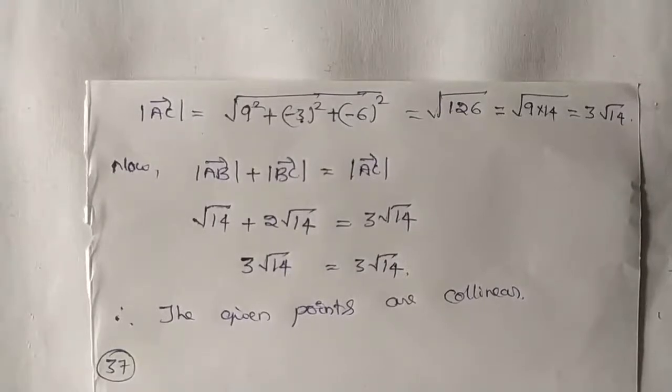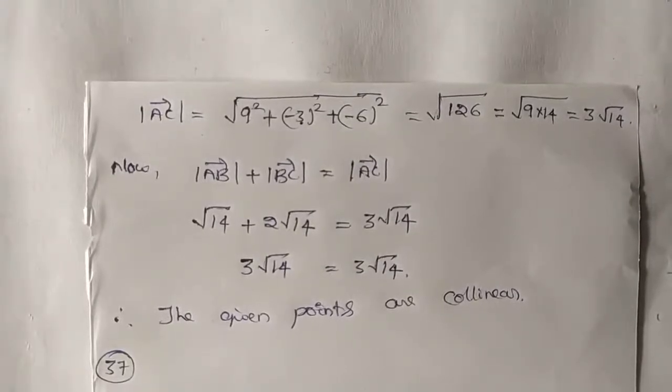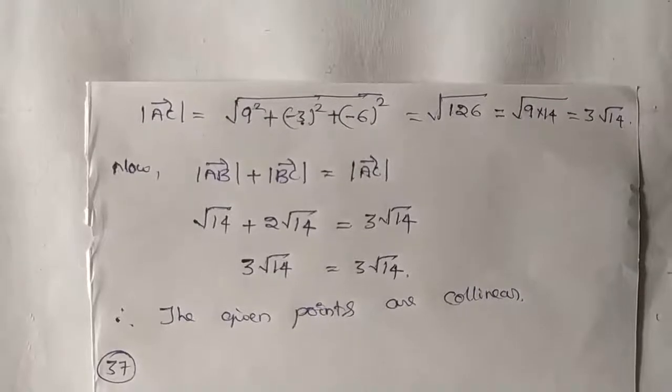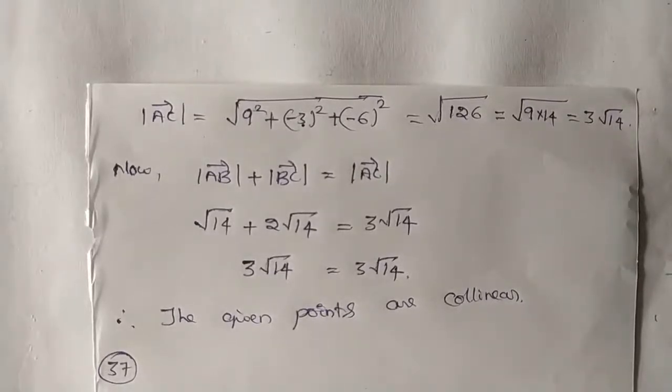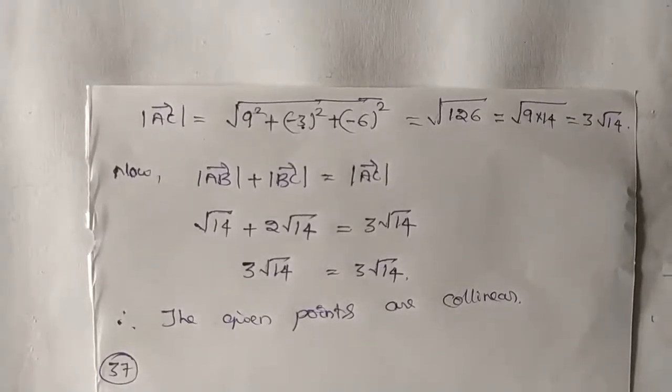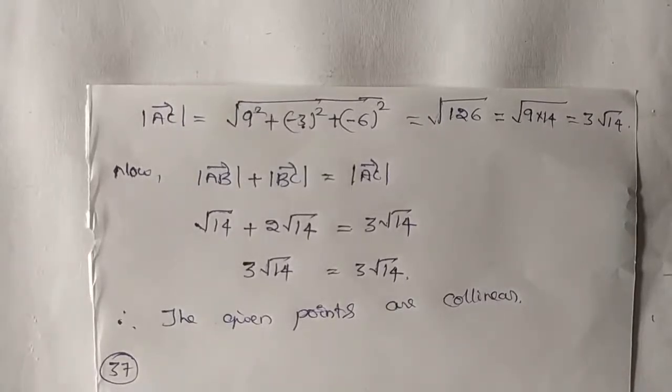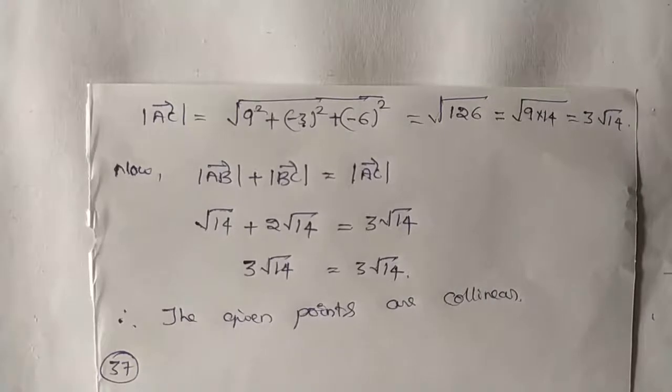Find the equation of the plane passing through the intersection of the planes 3x minus y plus 2z minus 4 equals 0 and x plus y plus z minus 2 equals 0 and the point (2, 2, 1). For this I am going to give you the solution in a CET method. CET method is the simplest method. Let us solve this problem in the CET method.